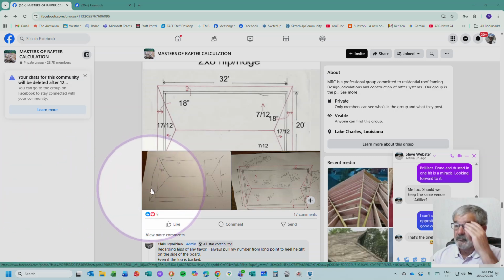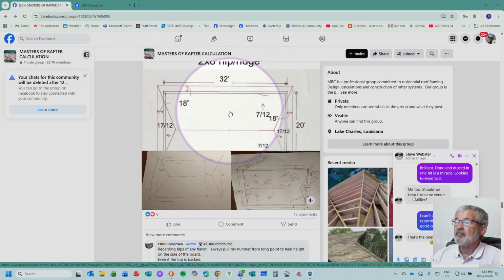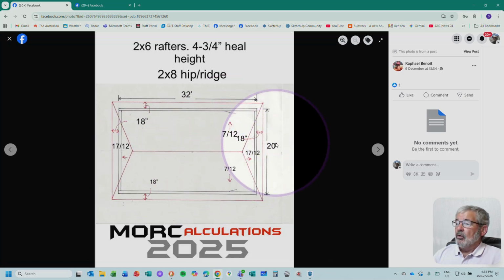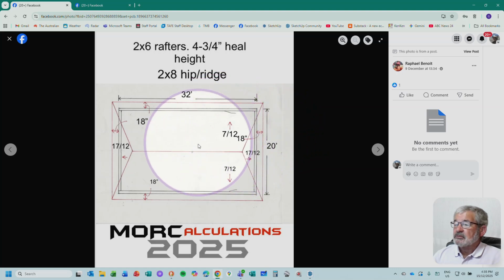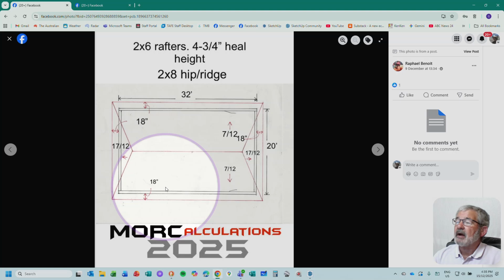Hello. I've really enjoyed being part of this Masters of Rafter calculation group, and this came up in my Facebook feed the other day. All of the numbers are foreign to me. I've never seen anything like that before, but I think it's an old way of doing things. Anyway, I googled it up and got myself around what these mean,